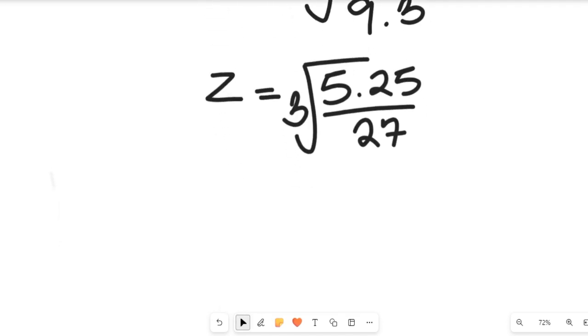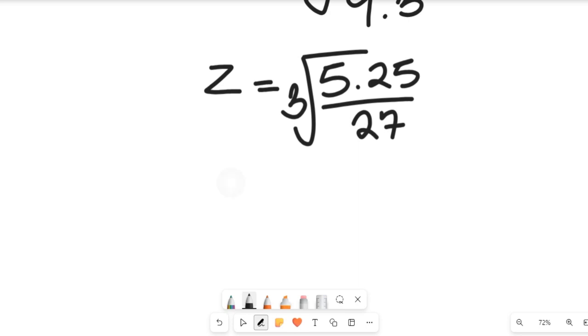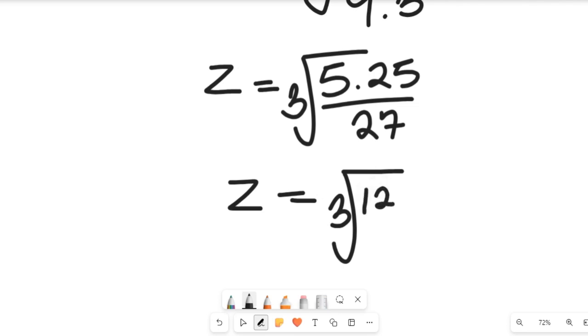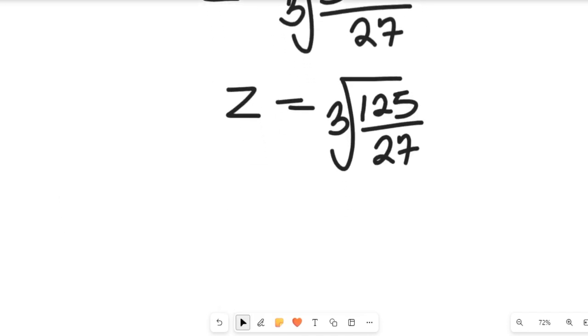So we're going to simplify that. If we simplify that, we'll have our z to be equal to the cube root of 5 times 25 is going to give us 125 divided by 27. So you see, very easy. We can easily find the cube root of 125. The cube root of 125 is equal to